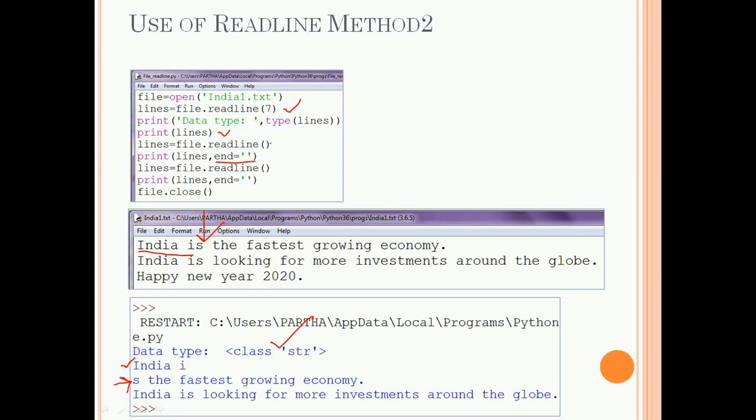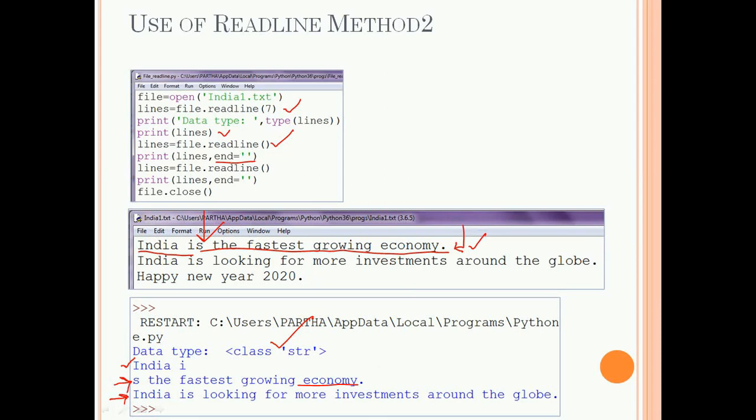And here I am again fetching the next line. As the cursor is pointing to S, it will fetch this part. And here in the india.txt I have given a new line character using enter. So after displaying this line, due to this new line character, the cursor will go to the next line.